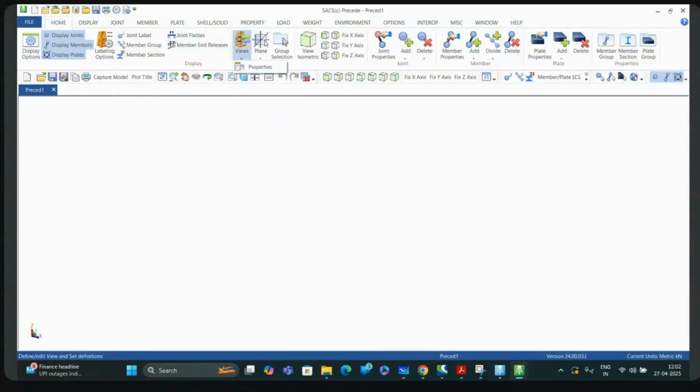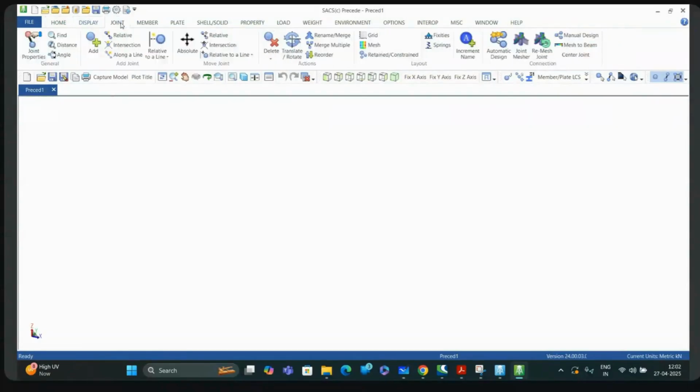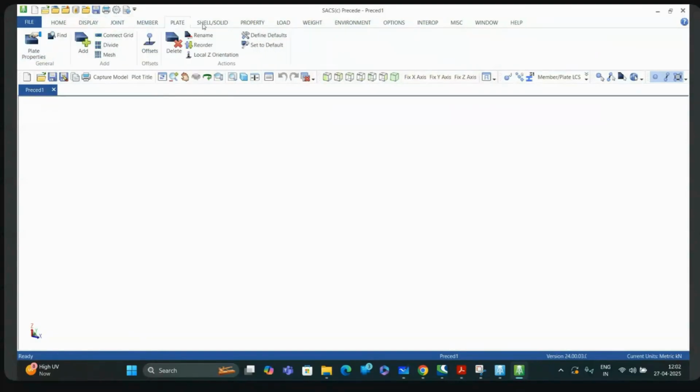You can give joints with this one, you can create members with this one, you can create plates with this one, you can create member groups with this one. You will go through each and everything. If you want everything specifically for display, there are a lot of options. If you want to activate it, go to display. Then this is regarding the joints, this is regarding the members, plates, shell,